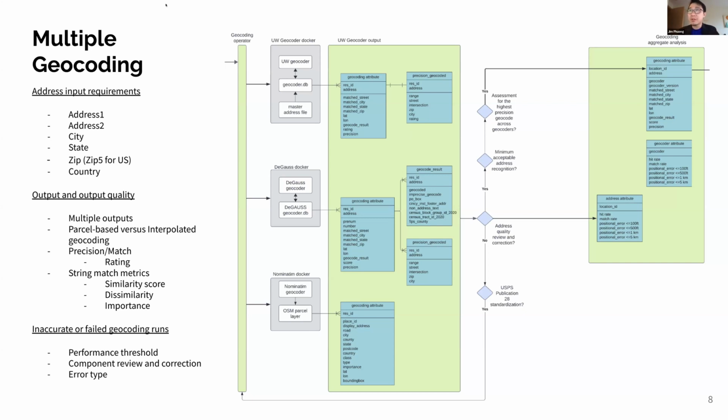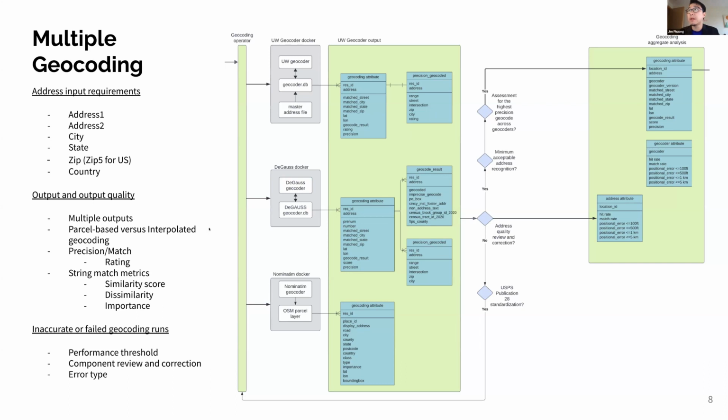So the address input, basically across all geocoders, we've got 3 geocoders here: the UW PostGIS geocoder, the Gauss geocoder, and Nominatim geocoder. In preparation for these, we treated each of them as Docker so that we could do reproducible installations. And if we needed to make any updates on them, we're able to complete this while maintaining development, staging, and production environments, applying the same Docker deployment.